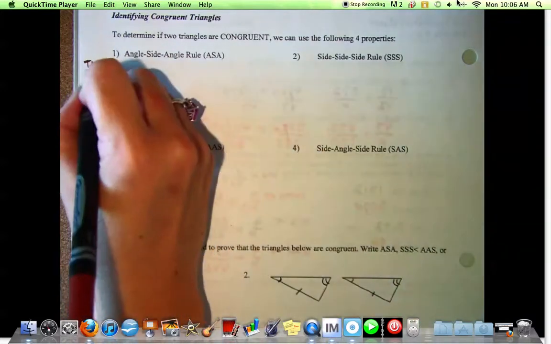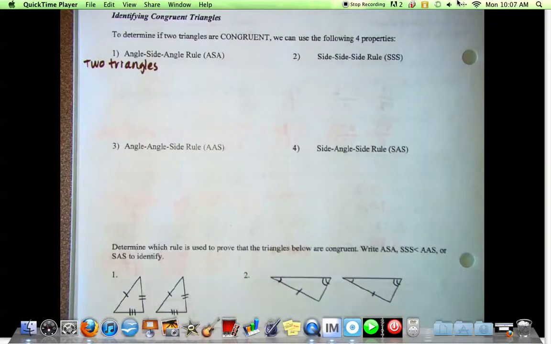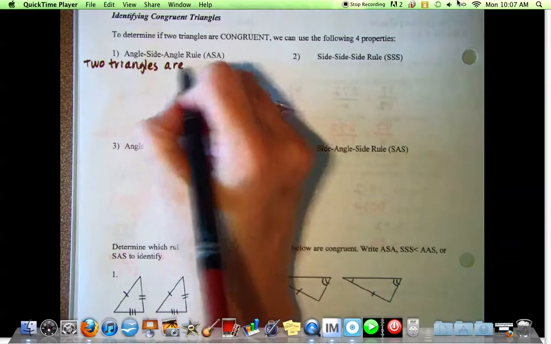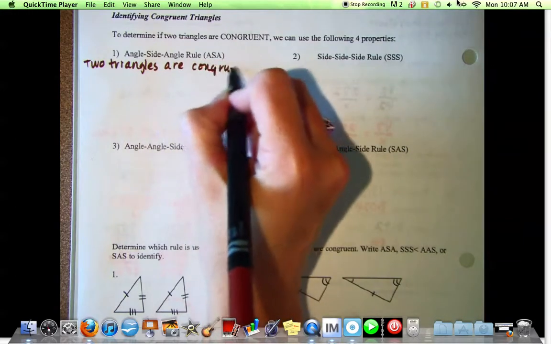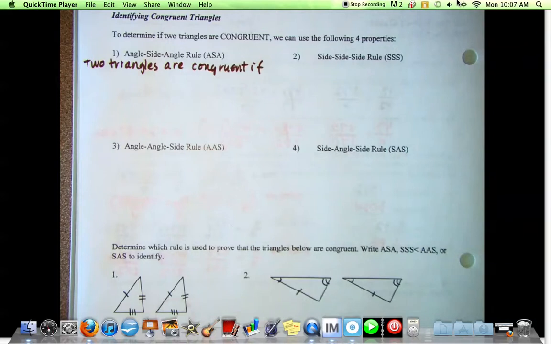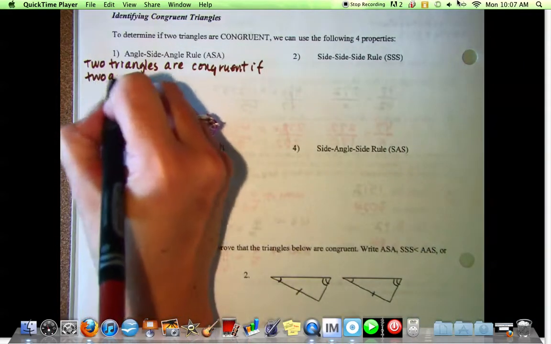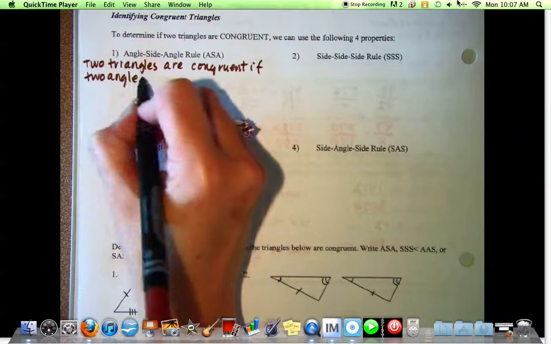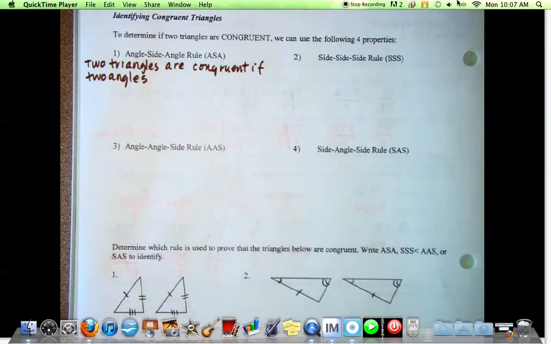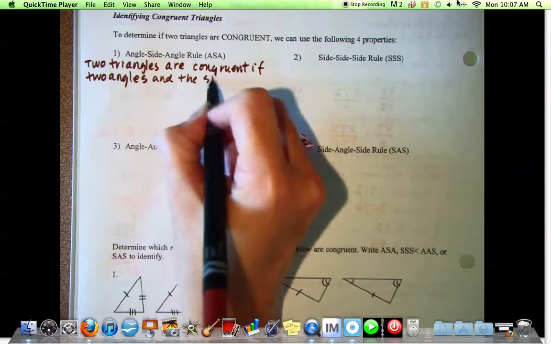Two triangles are congruent if two angles and the side between them